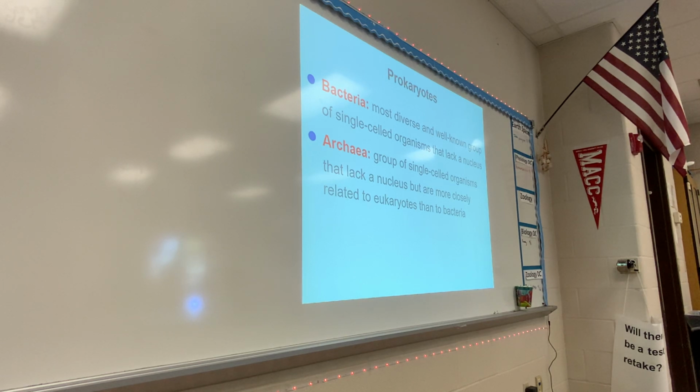Has anybody ever had strep before? Yeah, that's the regular bacteria. If you get the fuzzy white stuff on your teeth, that's bacteria. It's called plaque. Oh, plaque? Yeah, that's bacteria. You have to clean your contact lenses because otherwise you get bacteria. You get an infection, pus. Actually, pimples because of bacteria.